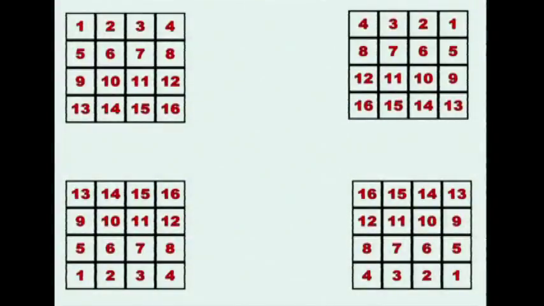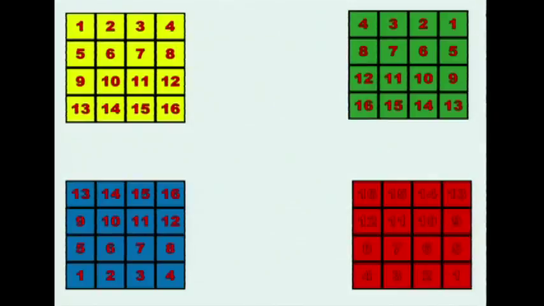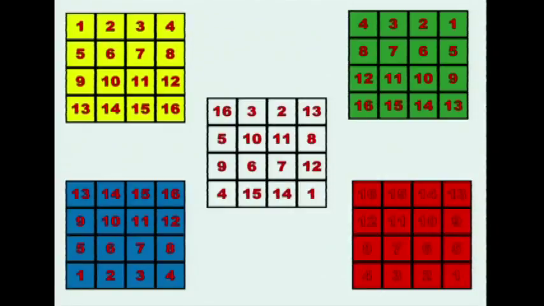Okay, so this is the area that really interests me. I hope to really be able to study this more as a graduate student. I took a 4 by 4 square, and I started in the upper left-hand corner and I listed 1 through 16. I did the same thing in the other direction, starting from the bottom left-hand corner and going all the way up. Same thing. Then I colored each one red, yellow, blue, green. And this is Dürer's 4 by 4 magic square.